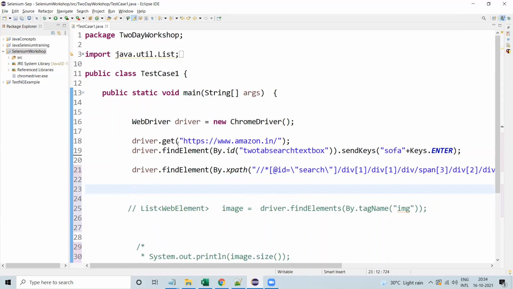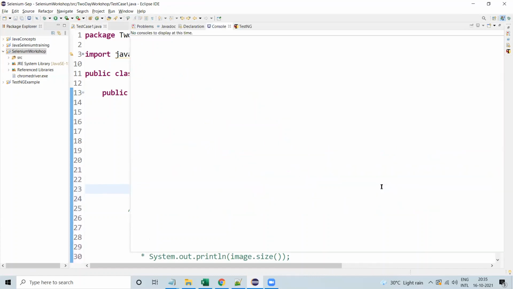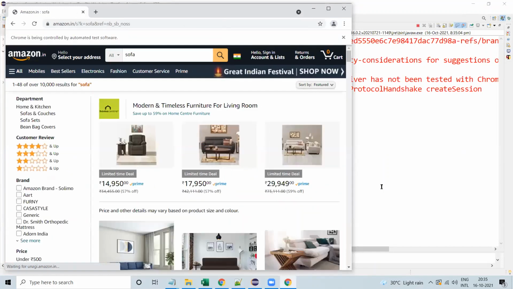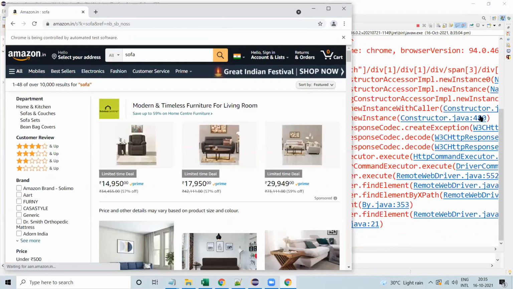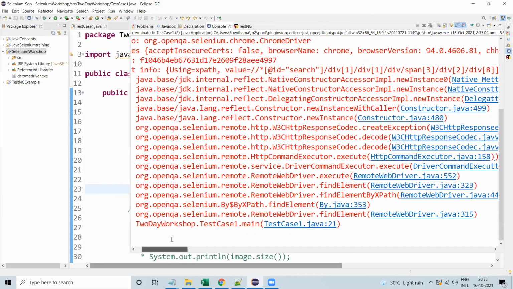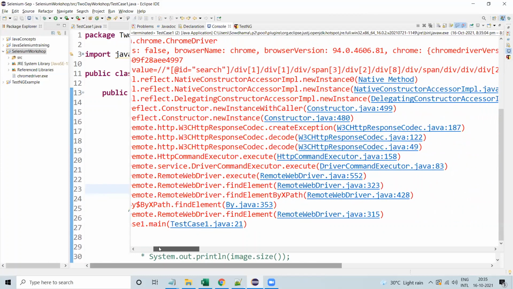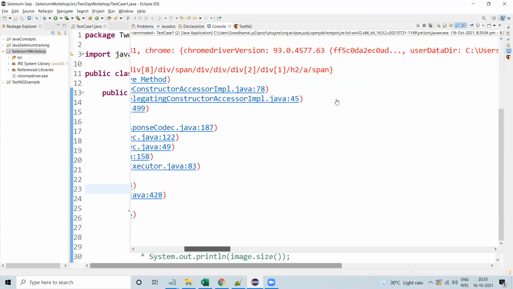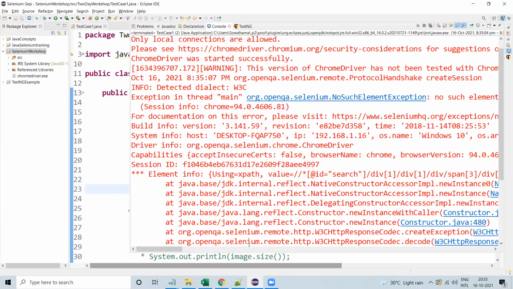For that, till then we'll check whether it is working or not. It should select one product. It is throwing an error saying no such element present.